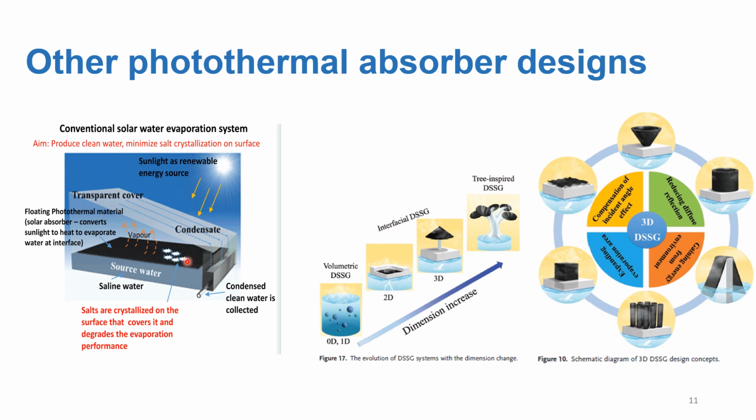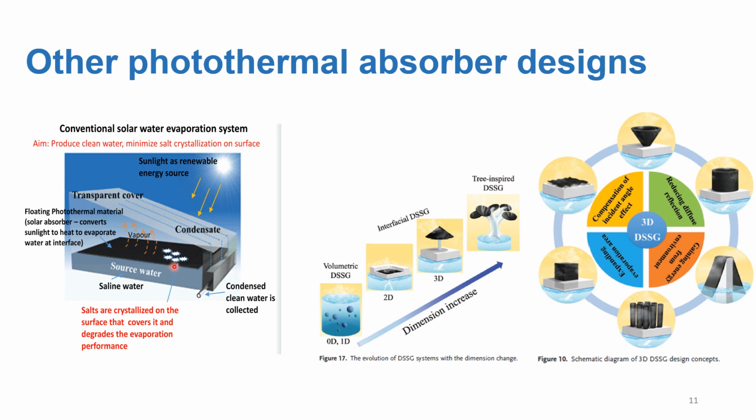However, as you can see, this 2D structure design has a lot of challenges in terms of thermal losses, because you have a conduction loss going to the water. There's a convection loss because of possible wind coming over here. And of course, there's also radiation loss. So there are a lot of losses in this system for a 2D structure.